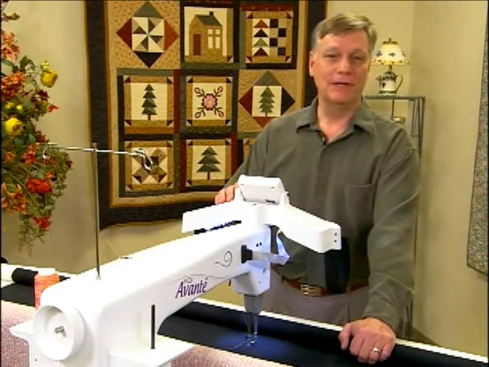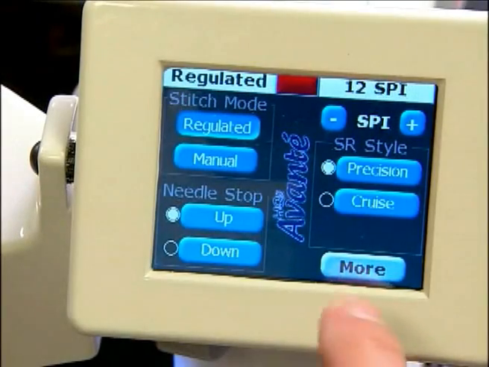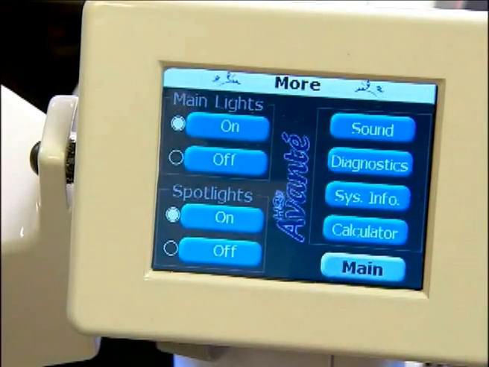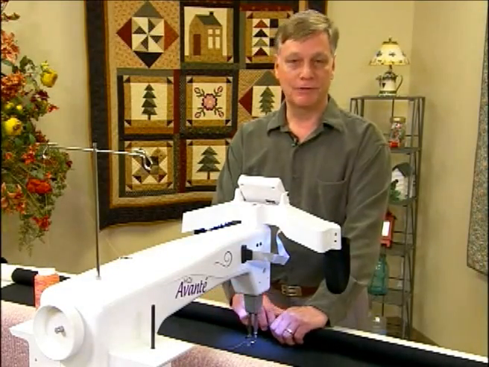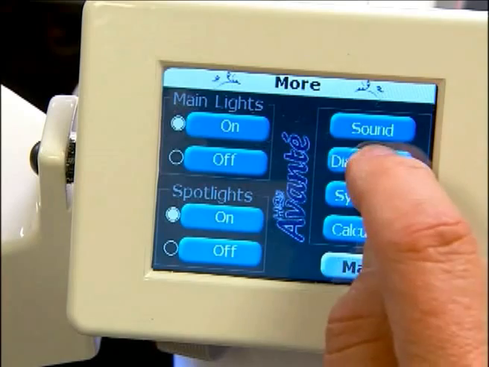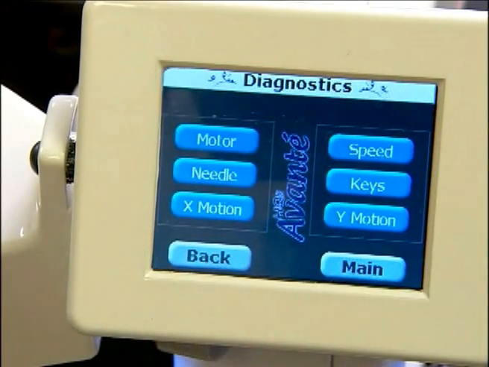On your main screen, you'll see a button in the bottom right that says More. Pressing that button will take you to the More screen, which includes many features that have been introduced to you already. One of those buttons on the right is called Diagnostics. Pressing that button will take you to a menu that has 6 different diagnostics functions that can be used to